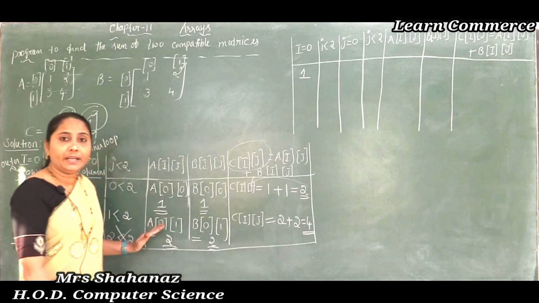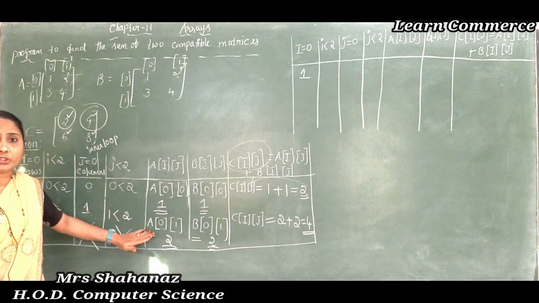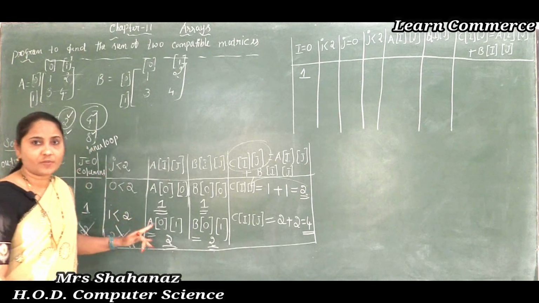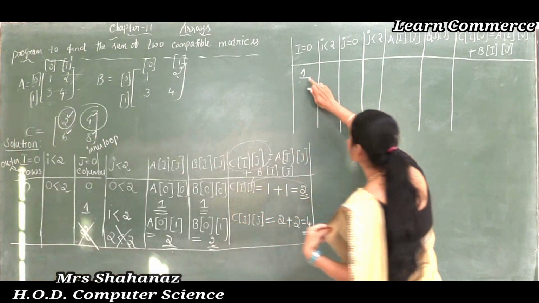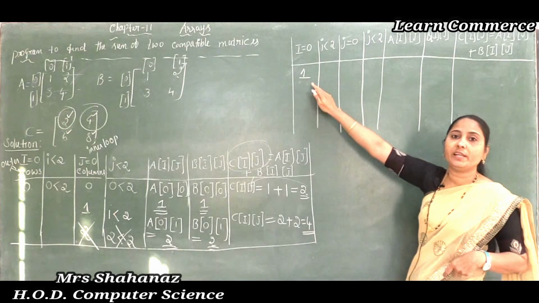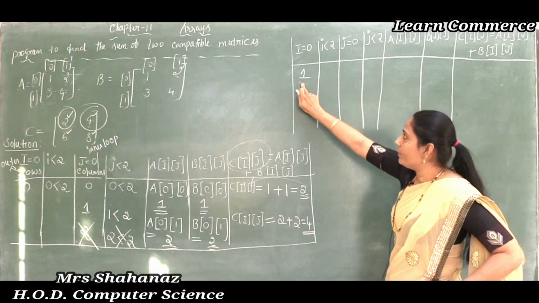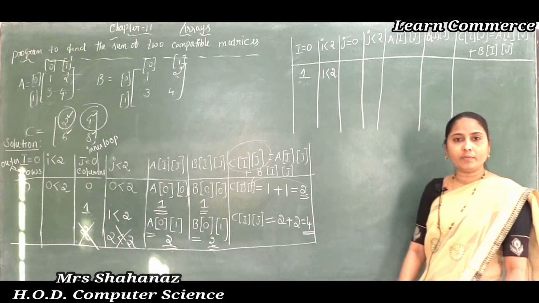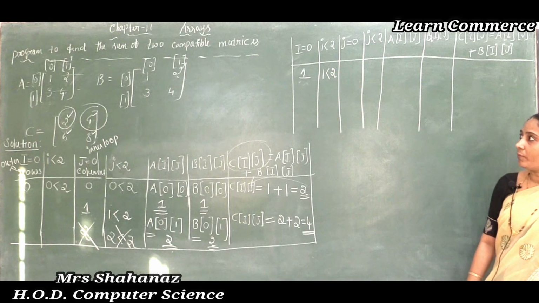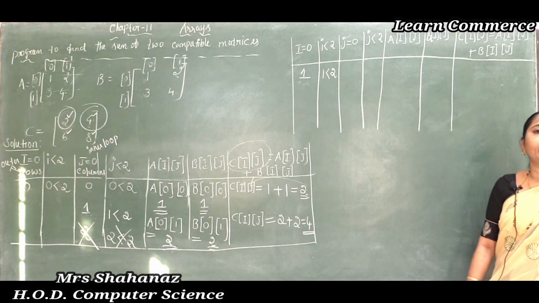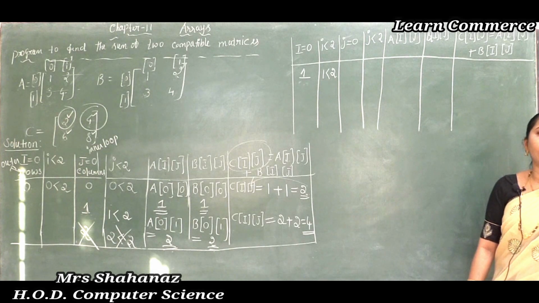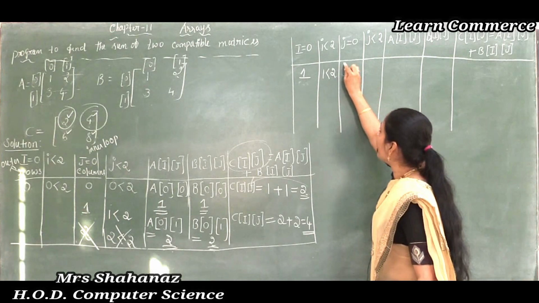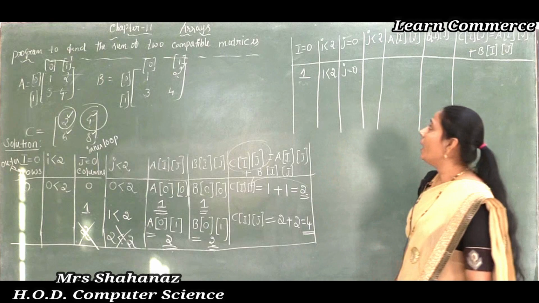Clear this point? I need to stop the solution here, and later, if the condition is not satisfied, sure, we need to increment the i value, okay? We need to increment the i value here, and next you have to check the condition whether 1 is less than 2. Yes, 1 is less than 2. When you compare with the value 2 here, that means we need to move forward. Now the j value is 0 only. Understood?